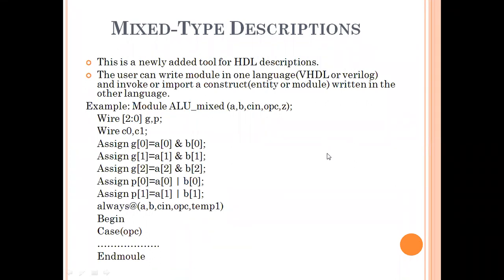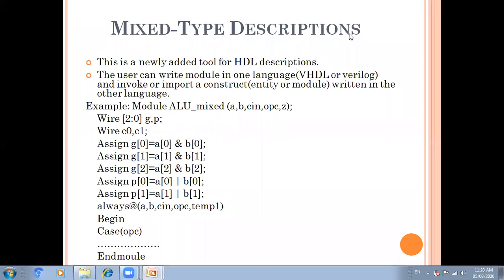Okay, mixed type descriptions. This is a newly added tool for HDL description, mixed type, right? The user can write a module in one language, VHDL or Verilog, and invoke or import a construct, entity or module written in the other language. So it's called a mixed type description.